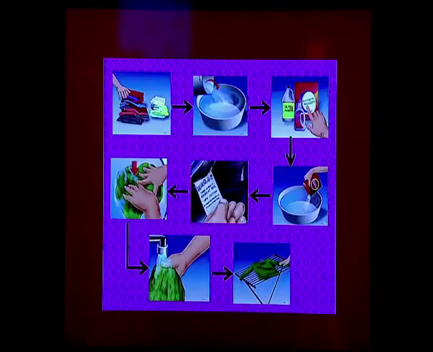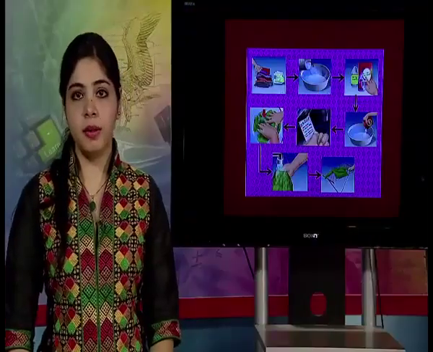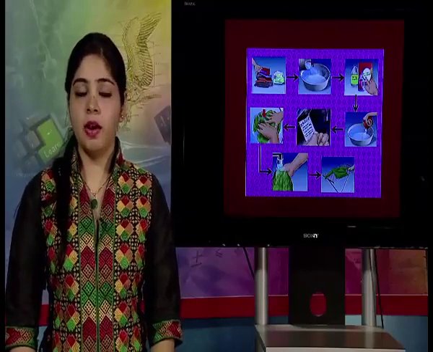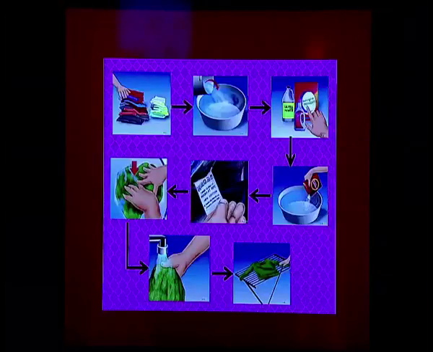This flowchart helps you to understand that the fabric needs to be sorted out. That means all the colored fabrics are separated from the white fabrics. Then you need to fill the bucket with water and you need to choose the perfect detergent for your clothes. For example, cotton needs to be washed with detergents, but for silk and woolen we use mild detergents. Detergents can be available in powder or liquid form. Then you will take a tub of water and fill with detergent.